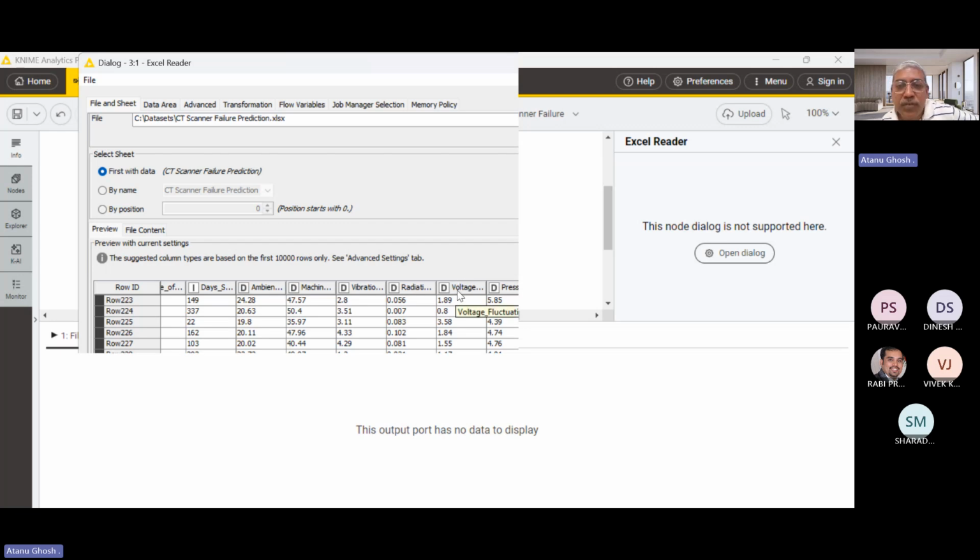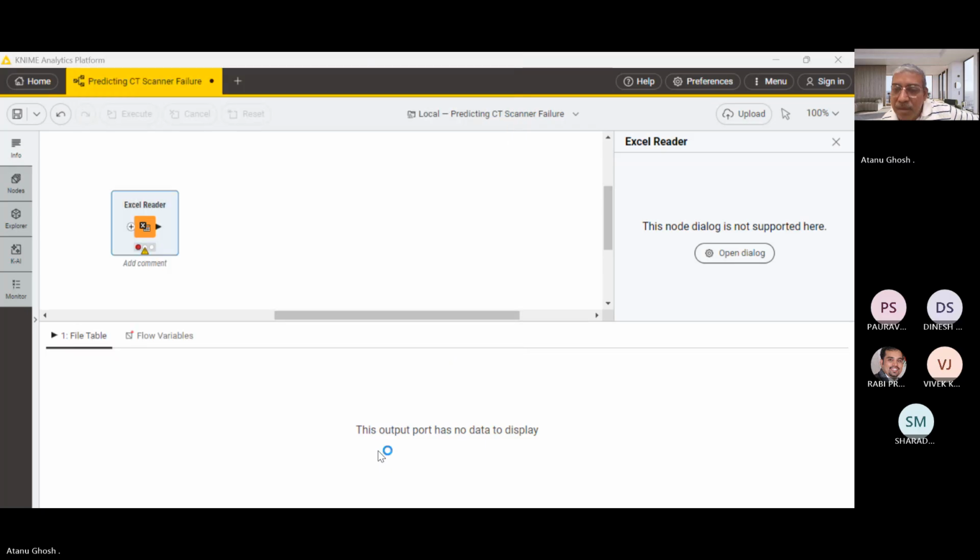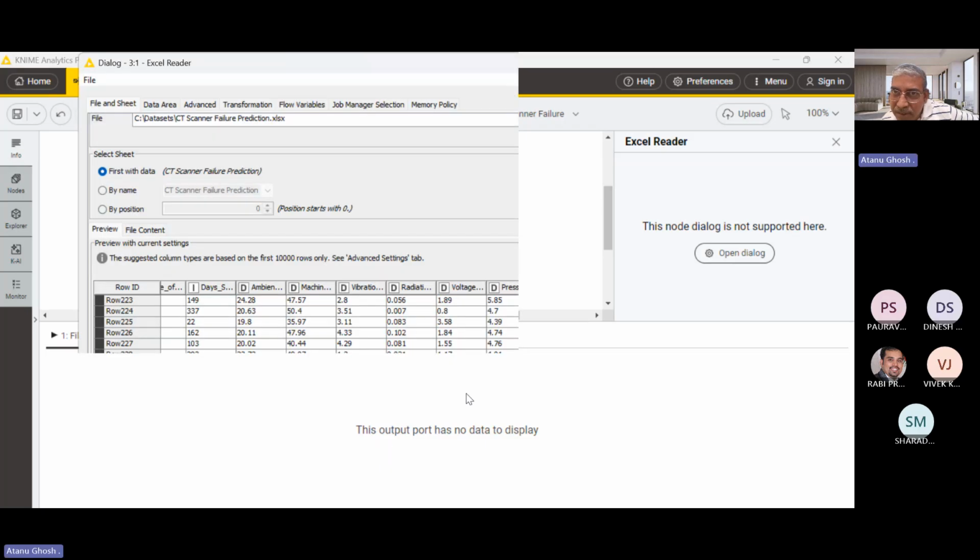But first, somebody has to say that voltage fluctuation is likely to have an impact on machine failure, and then only will he decide that we need to collect this data. This data has been collected, maybe over months or years. Only then are we able to run a machine learning model. Data cannot run itself. So even before I decide to run any models, you have to decide what values I need to capture. Am I making sense? Yes or no?